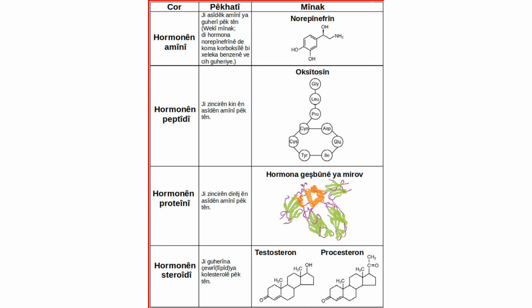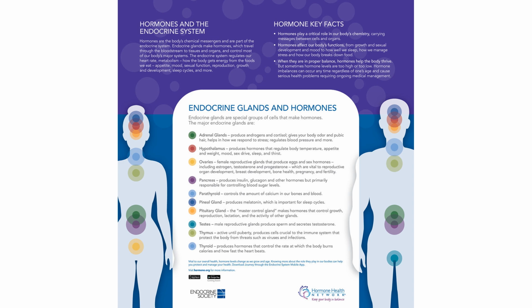Peptide hormones are the most common type of hormones in the body. They are made up of amino acids and are produced by the pituitary gland, thyroid gland, and pancreas, among others. Peptide hormones include insulin, growth hormone, and thyroid-stimulating hormone. The video shows how insulin regulates blood sugar levels by promoting the uptake of glucose-based cells. It also shows how growth hormone stimulates the growth of bones and muscles, while thyroid-stimulating hormone regulates the production of